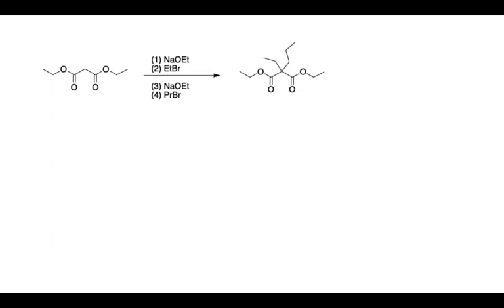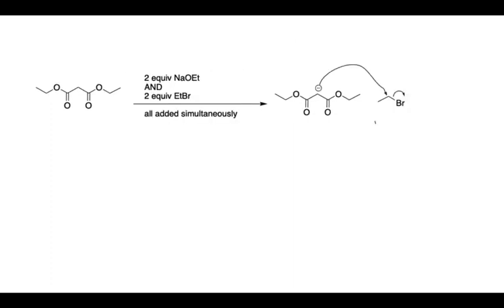If we try to do it this way, a lot of times students will go like this and say, oh, I'm just going to do it all at once. Two sodium ethoxides and two ethyl bromides. We add them all together at the same time. So some of the sodium ethoxides, one equivalent, will deprotonate the malonic ester, and that can react with the ethyl bromide. Meanwhile, there is another equivalent of ethoxide and another equivalent of ethyl bromide, and those other two equivalents,